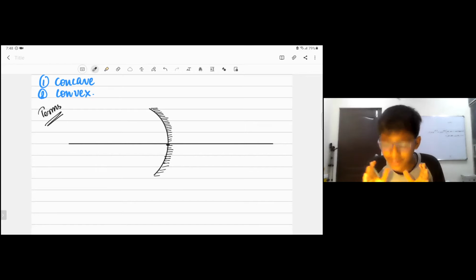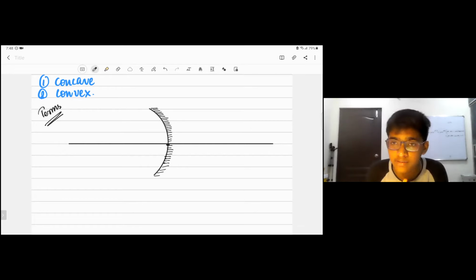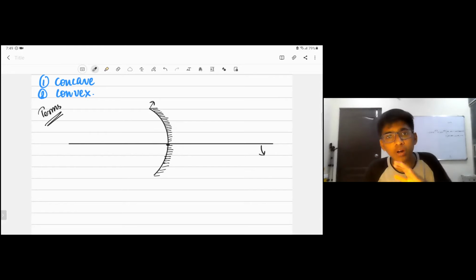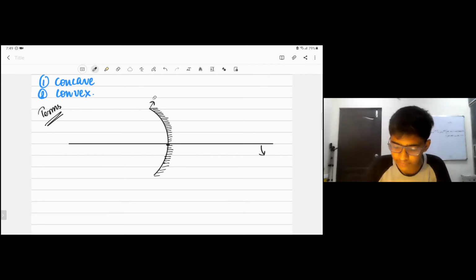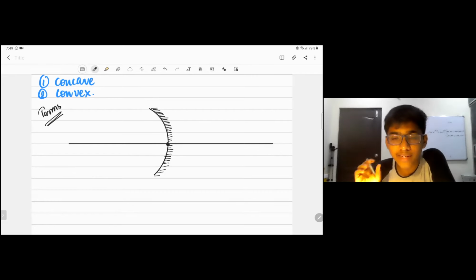Whenever you are going to draw a picture of a spherical mirror in your examinations, you are going to draw neatly a curved surface and you are going to silver it. If it is a concave mirror, you are going to silver the outside, the bulging side. When you discuss a convex mirror, you silver it on the inner side. Here I have silvered the outer side, so you represent it with these lines. Now we are going to discuss each term one by one.